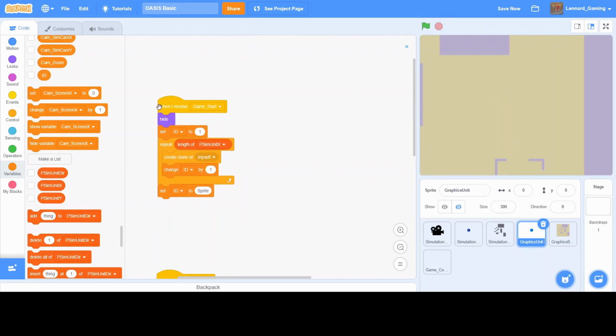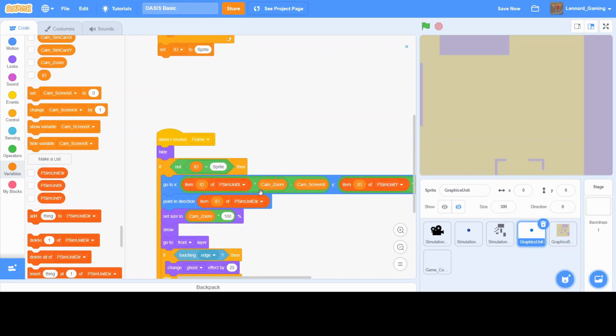So when the game starts, it creates the same number of units as there are in the simulation units by checking for the length of this. It also has the same function with the ID and the sprite to then reference the place in the list, or say that it is not a clone but a